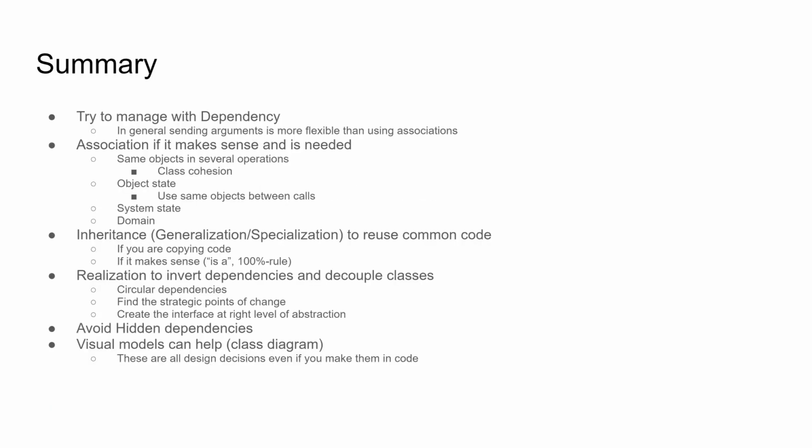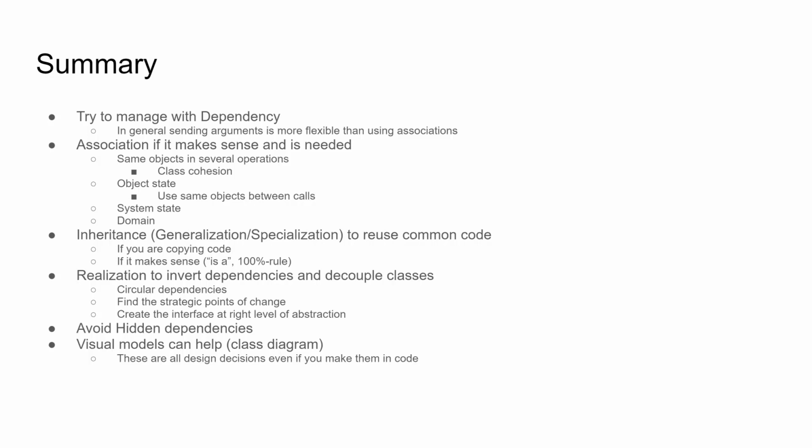This relationships topic is an important one, so let's try to do a summary. The first thing is try to manage with the dependency relationship. Sending arguments is more flexible than using association. So if you can get by with using dependency, it is often the best option. So you should use association if it makes sense and if it is needed. So if you use the same objects in several operations,